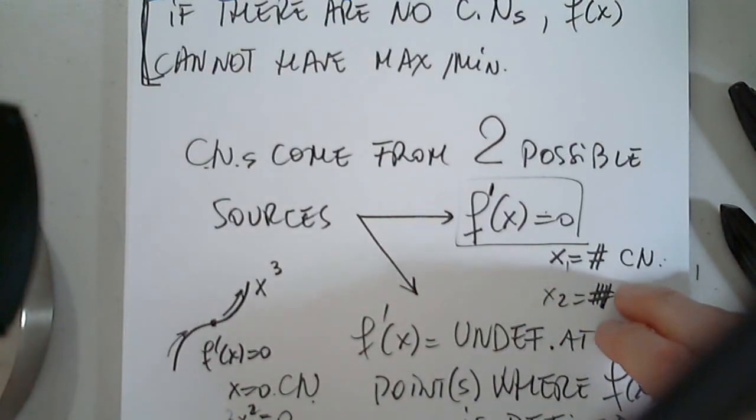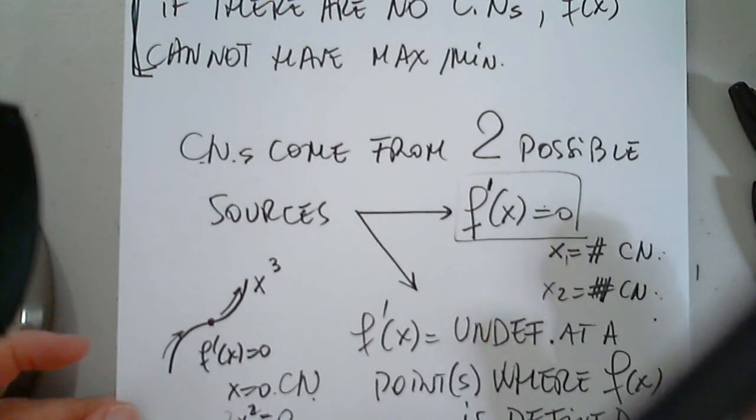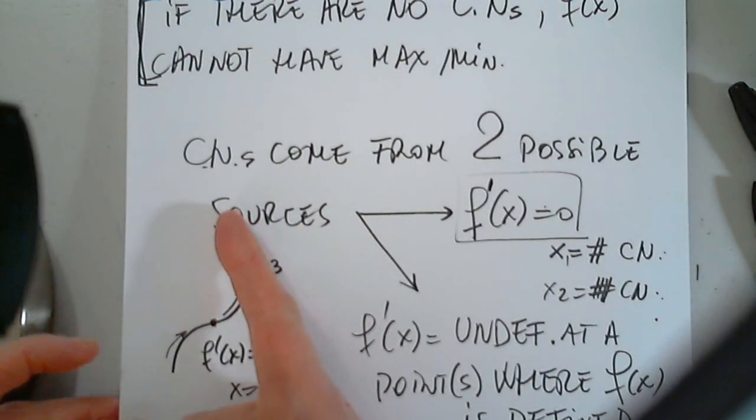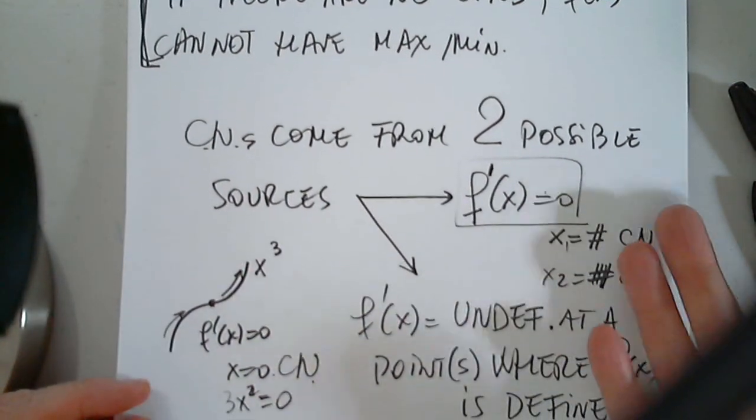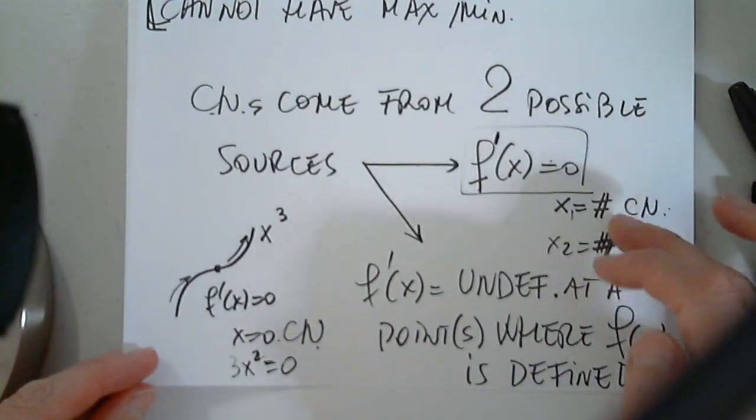Okay, now we're going to choose several functions and go through this procedure. What procedure? Finding critical numbers and analyzing whether those critical numbers, if they exist, turn into a max or min. Okay, so before that, I just want to say one